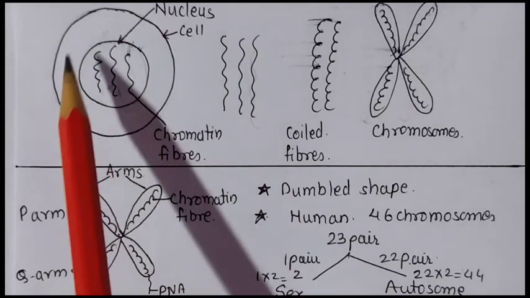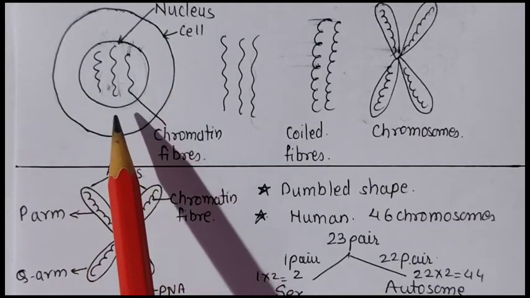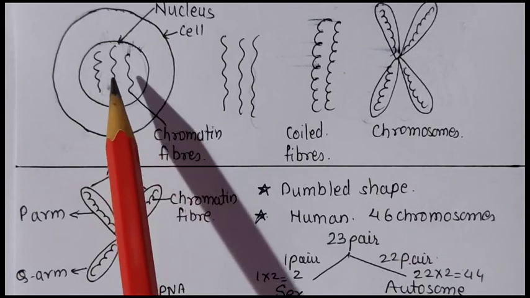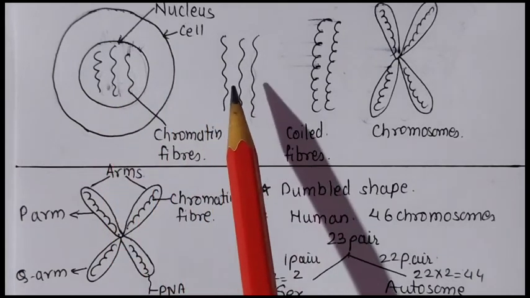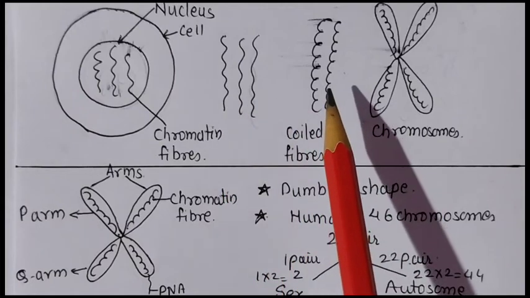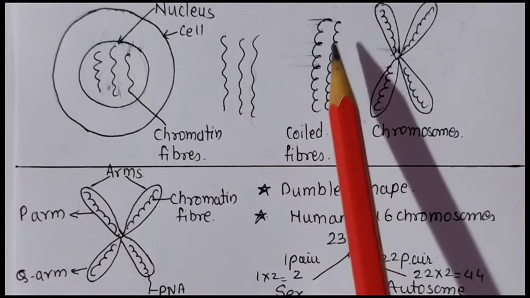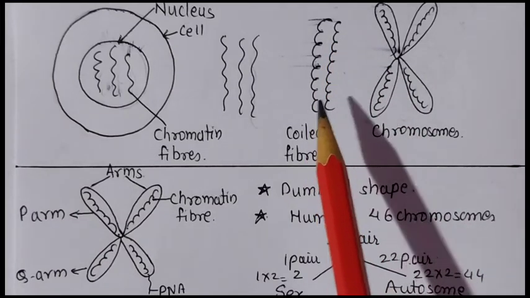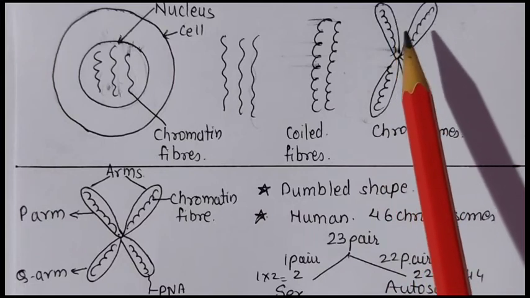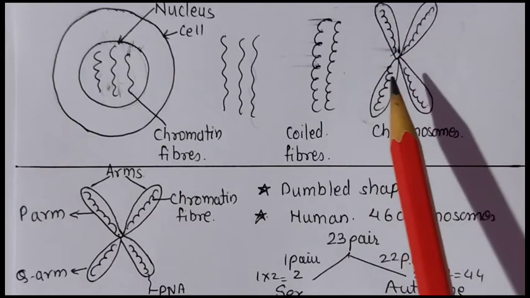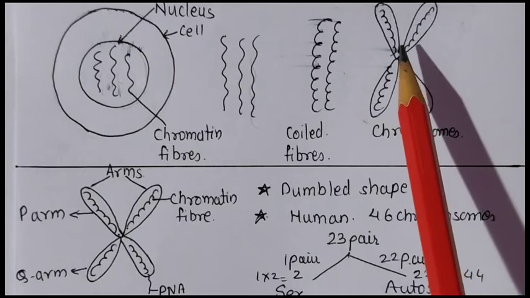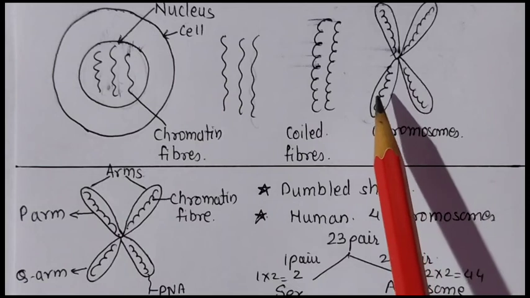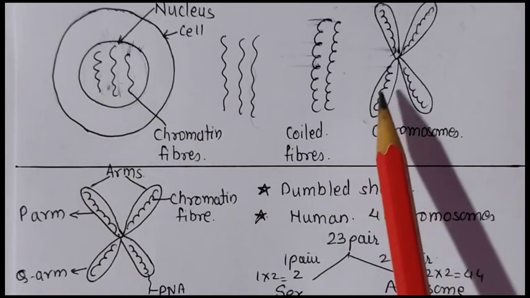When this cell is undergoing division, meaning it is getting divided into two parts or forming two new daughter cells, at that time these chromatin fibers, which are thread-like structures, start becoming coil-like structures. So here you can see coiled fibers. These types of chromatin fibers are formed, and these fibers are compiled up in the chromosomes. Like this we have studied the chromosome structure in the previous lecture. This chromosome contains these chromatin fibers, and different